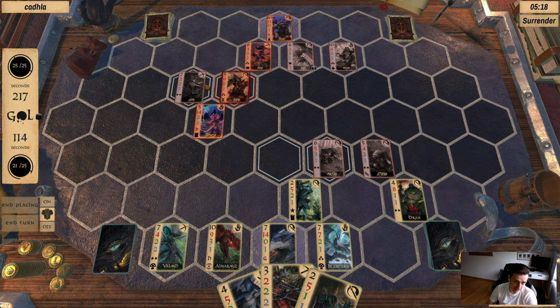Now we need to make a quick turn. We need more time to make a good turn. Obviously, he could stay like that for this turn. And as you can see, he started with more time because he has Tulok, and Tulok gives you 75 seconds